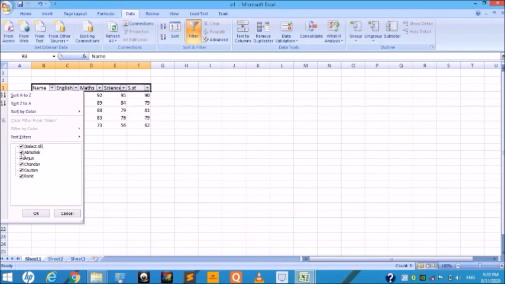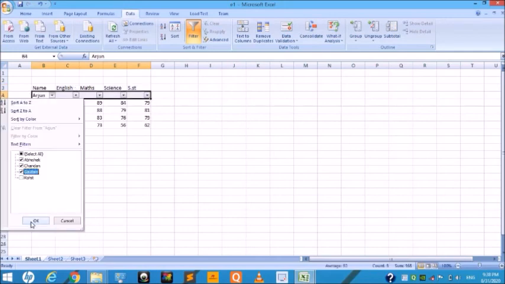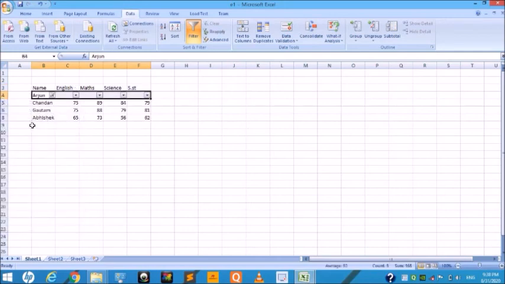If you uncheck the Select All option to remove the checks from all the unique values, and check only those values whose records you want to see, then click the OK button, the unwanted records will be hidden. Look here, the Rohit record is hidden.